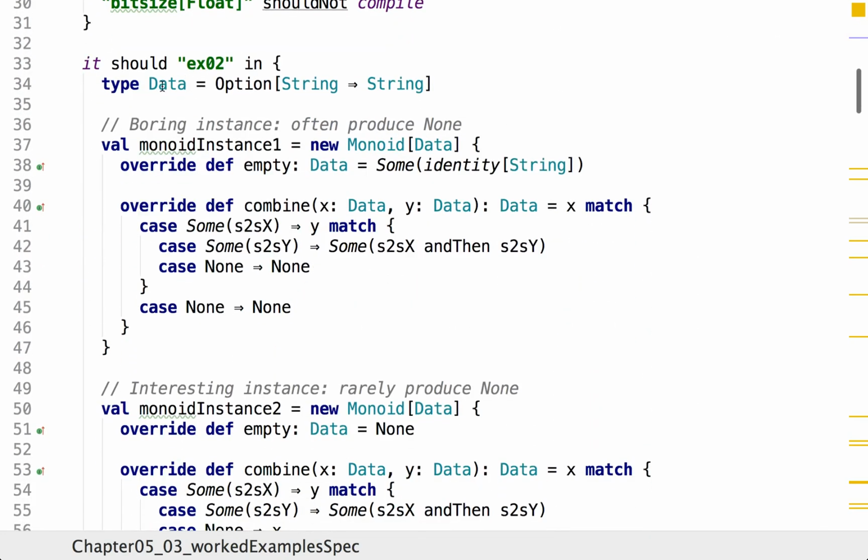So this is my data type. I just define this as an option from string to string. Since this is such a simple type, no need to do case classes here myself. So defining a type class instance for the standard type class in a library means that the type constructor, the